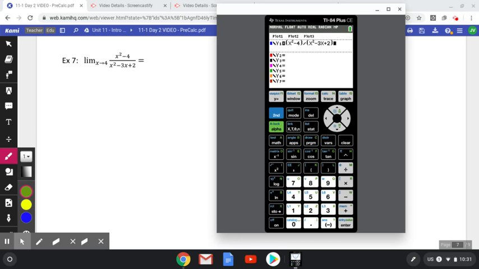To investigate this, using our graphing calculator, we can use a graph or even a table. Let's take a look at the graph of this by hitting Zoom 6. It might not be the best viewing window, but it's at least a good start. As x approaches 4, looks to be maybe the limit is around 2 or so, but let's actually go ahead